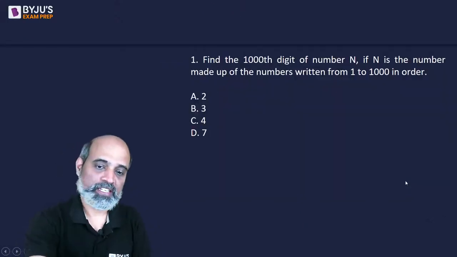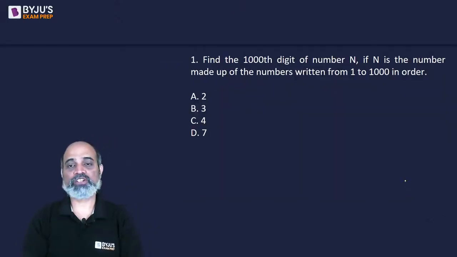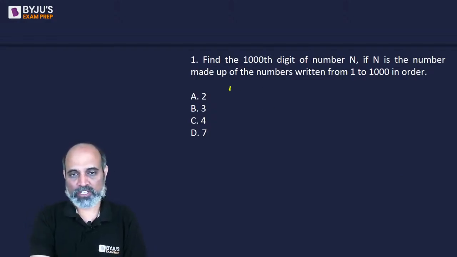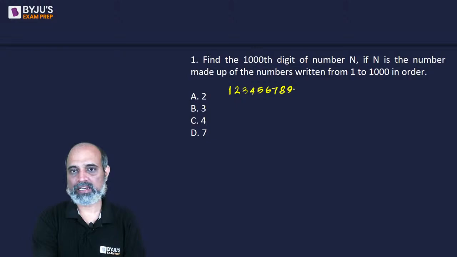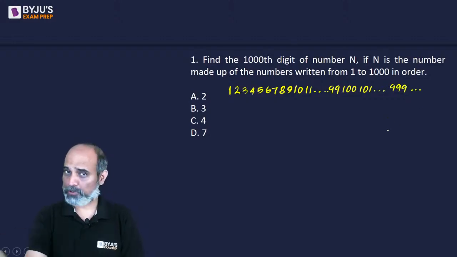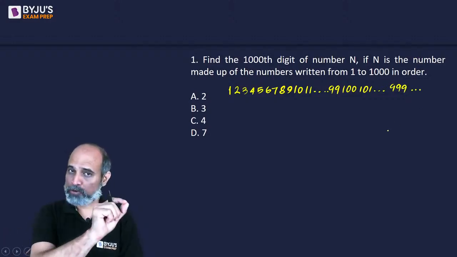So the first question is: find the thousandth digit of a number n, if n is a number made up of the numbers written from 1 to 1000 in that order. So the question is saying if I write down 1, then 2, then 3, 4, 5, 6, 7, 8, 9, 10, 11 and so on up to 99, then 100, 101 up to 999 and so on. If I continue like this, then if I count the digits